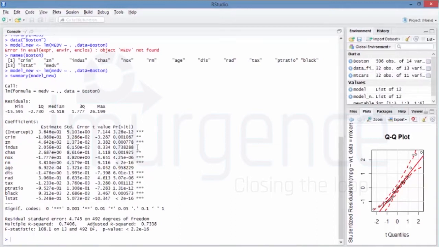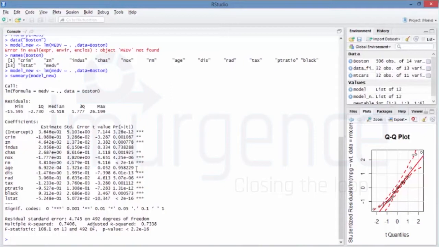You will have to remove these insignificant variables out of the model and retain only those variables which are significant. So all those with stars have to be kept as part of the model, and all those which are not significant have to be removed from the model. All the other things remain the same as what you had done for the simple linear regression models, right? So the output interpretation would be quite simple.